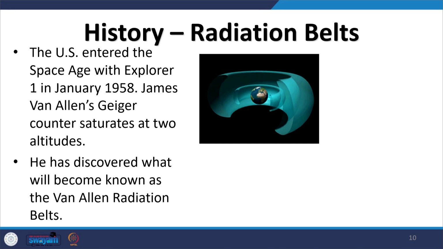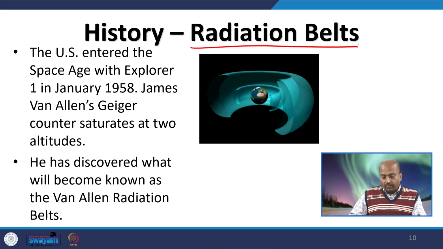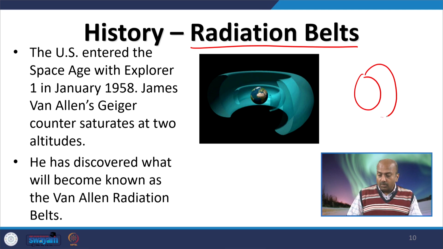So, if you go further ahead, there are more interesting aspects about the magnetosphere which are called radiation belts. We know for now how the particles are being trapped between the magnetic poles. They are always gyrating and being reflected from each pole, north to south and south to north. And in the very early stages, in the beginning of the space age, the US entered the space age with Explorer 1 in January 1958, and Van Allen,